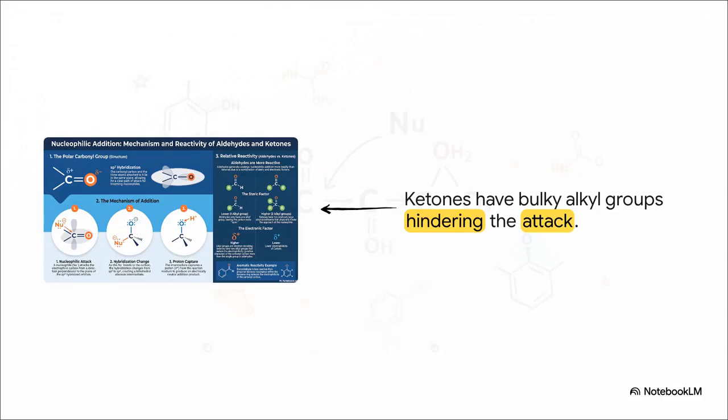And this brilliantly illustrates that first defense mechanism, the steric factor. Consider how this works. An aldehyde only has one alkyl group, represented by the green circle labeled R. The other side is just a tiny little hydrogen atom, leaving the carbon largely exposed and totally open to attack. But then look at the ketone. The ketone is flanked by two relatively large, bulky alkyl substituents. These two R groups basically act like massive physical bouncers, standing on either side of the target carbon. They physically crowd the space, hindering the approach of the incoming nucleophile and making it significantly harder to actually land